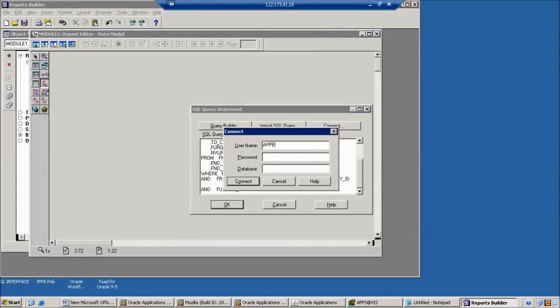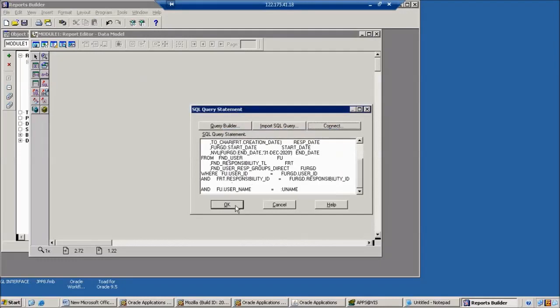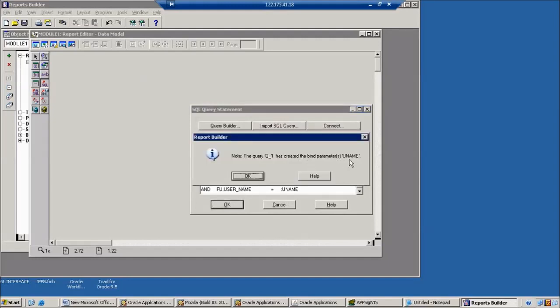Here we want to connect to the database. Click on OK. The system asks for the parameter username. In Toad it is already specified. If in case you have not specified it, you can specify it here. Now click on OK.